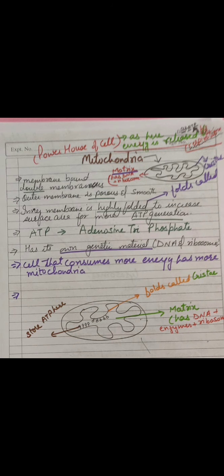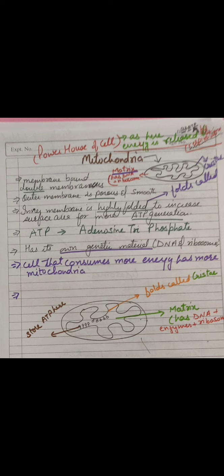Next organelle which we are doing is the mitochondria. Very, very important. As the lysosome is called the suicidal bag, mitochondria is also known as the powerhouse of the cell. Why is it called the powerhouse? Power means energy, because here the energy is stored for all the activities which a cell is to perform. That energy is stored here in the mitochondria.